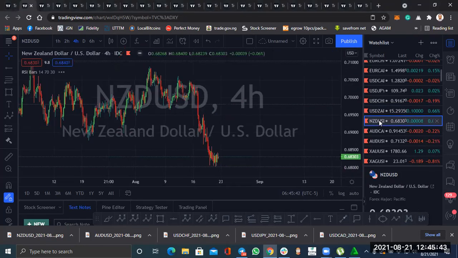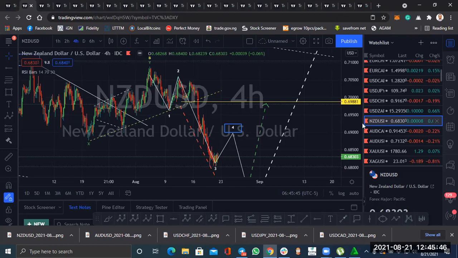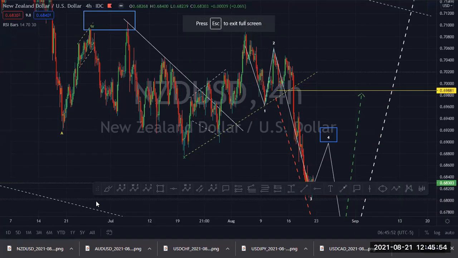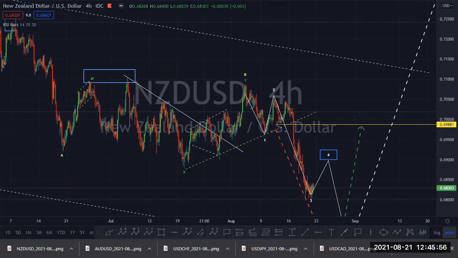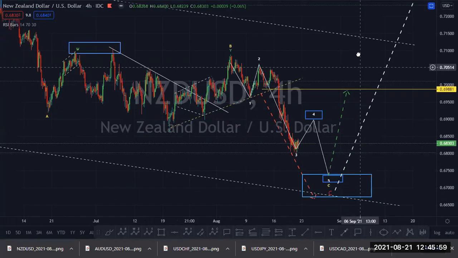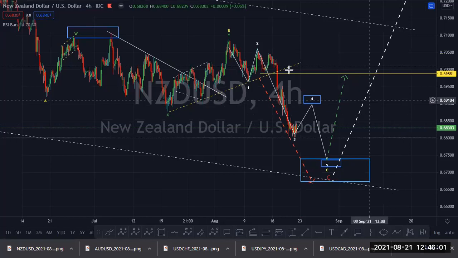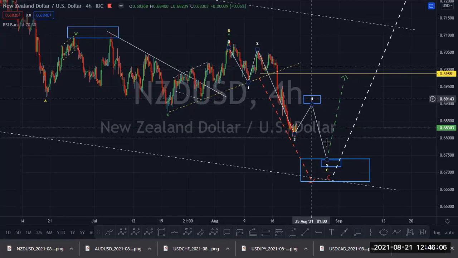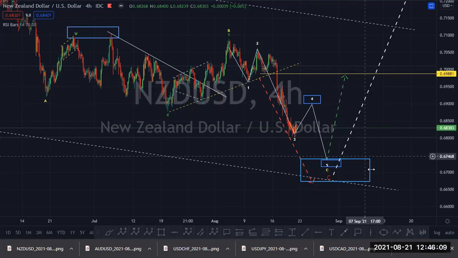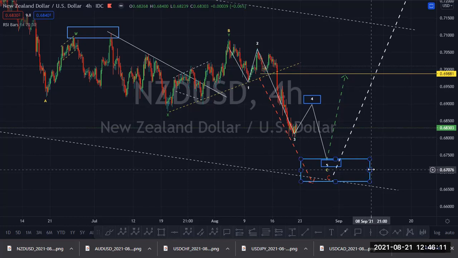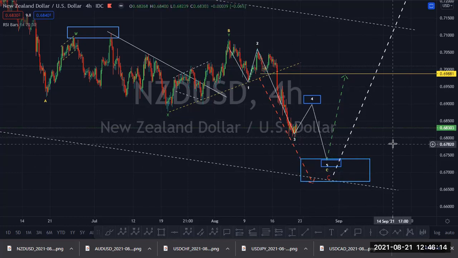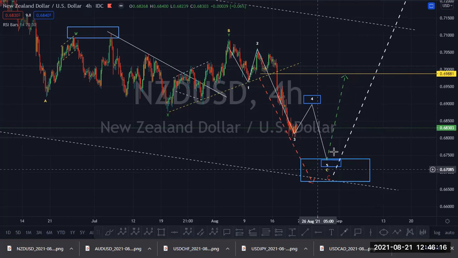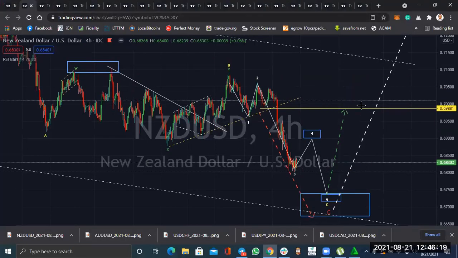New Zealand USD is also about to give us another drop. This is 1, 2, this is 3. Then we expect A, B, C, 4, then 5. So selling this will make sense when we get the B. That is the end of wave 4, and we look for a buy from here. Okay. Next,